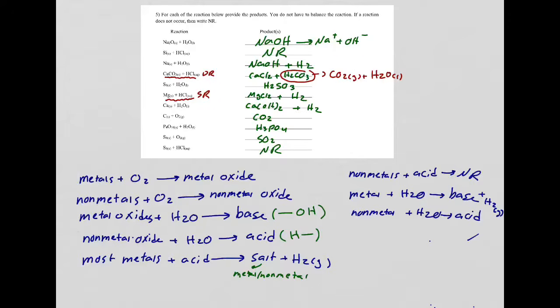This was a good example. I have sodium plus water. Sodium is a metal, so I have metal plus water, I get a base. So the base ends with OH, will be sodium hydroxide plus H2. So hopefully that will make it a little bit easier to do. Let's go to our last problem. All right, our last problem